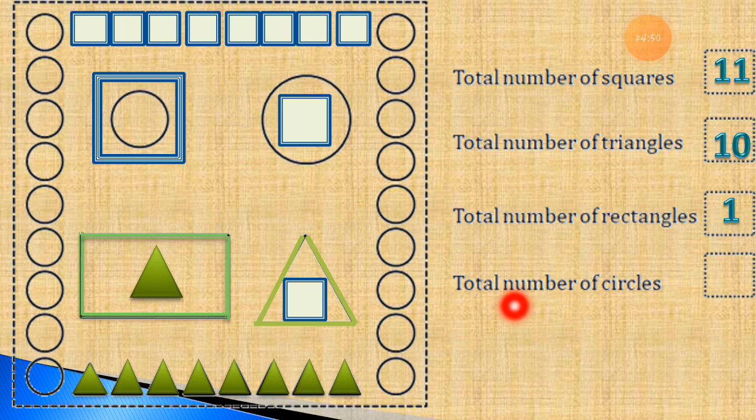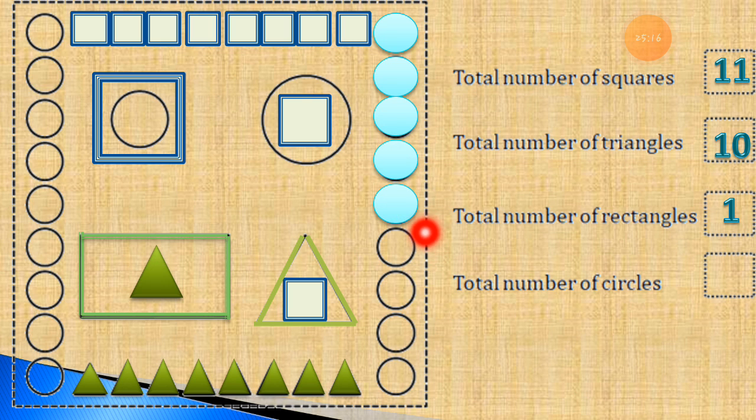Now total number of circles. So we have to find out how many total circles there are. So let's start counting circles. This is circle number 1. You have to count with me. Circle number 1, circle number 2, circle number 3, circle number 4, circle number 5, circle number 6, circle number